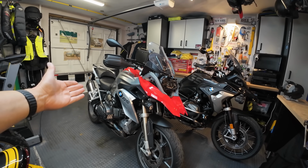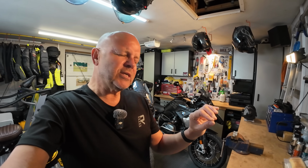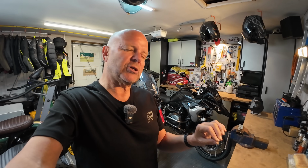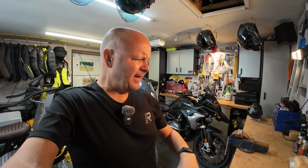It's a sad goodbye to the R1200, but there is more news coming, because I have got another bike coming to the garage very soon. In fact, next weekend, I've got something a little bit special. One of the reasons I'm going to miss the Goldwing is because I always felt special riding it. Well, I've got another special bike coming, so there's going to be yet another new bike reveal. So again, put your comments below as to what you think that might be, and that will be it for the next few years. I'm going to end up now with a couple of bikes that I absolutely love, and I'm going to absolutely love riding. So yeah, any guesses as to what the next new bike's going to be, stick a message below, and you'll see that in a reveal video very, very